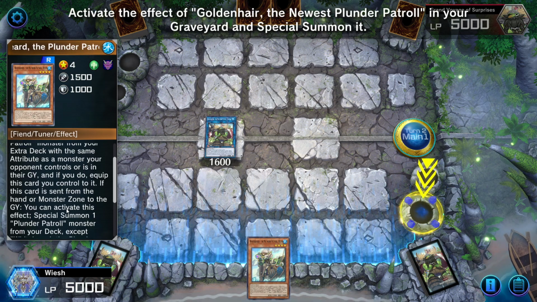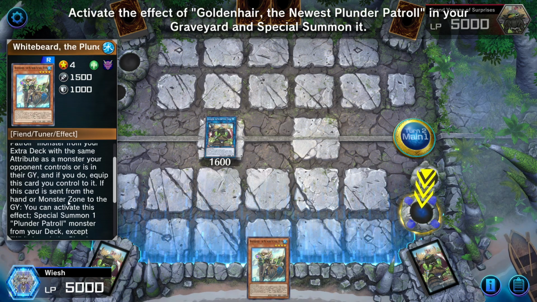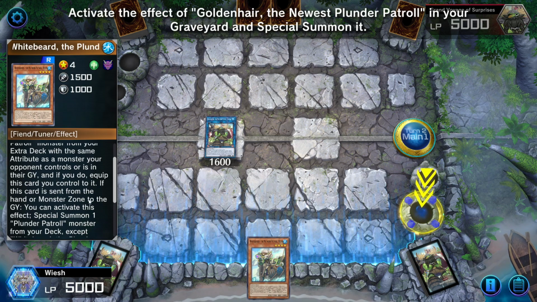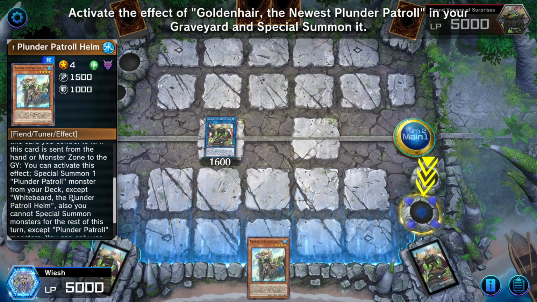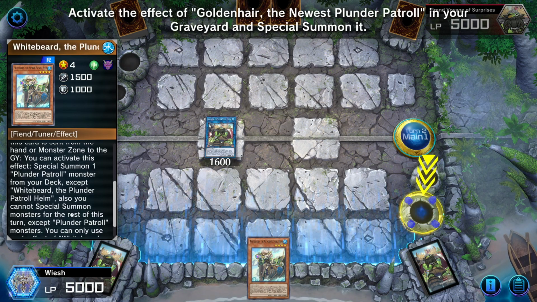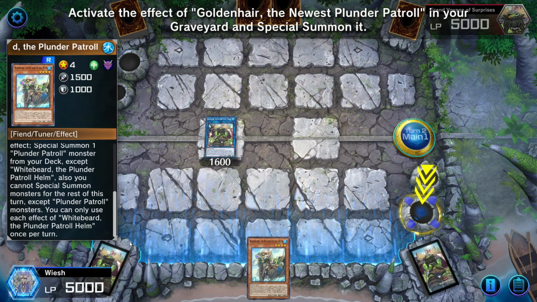If this card is sent from the hand or Monster Zone, or from the Spell and Trap Zone as an equip card, to the graveyard, you can activate this effect. Special summon 1 Plunder Patrol monster from your deck, except Whitebird. Also you cannot special summon monsters for the rest of this turn except Plunder Patrol monsters. Okay, so this basically...